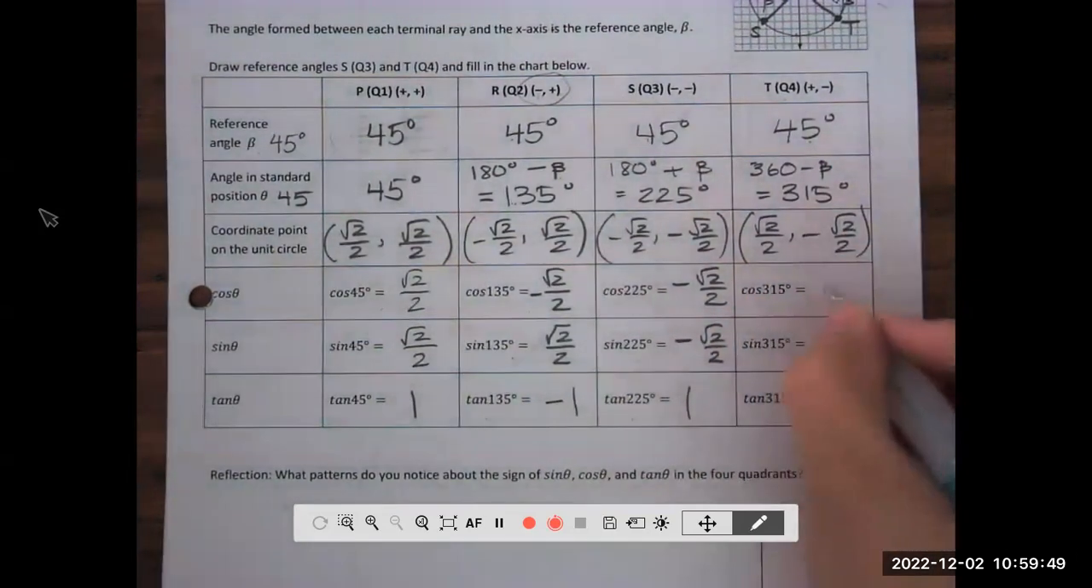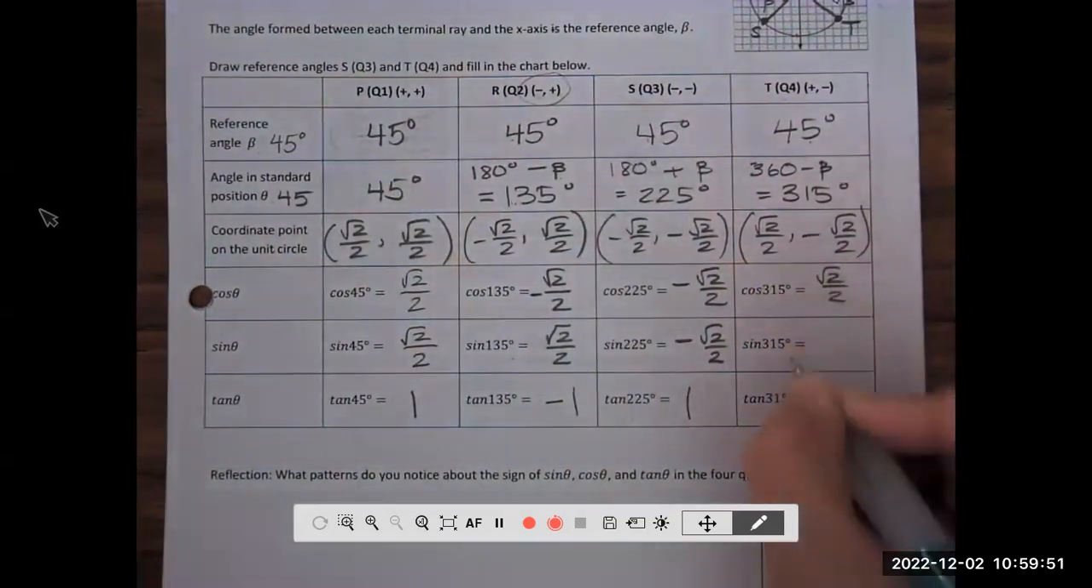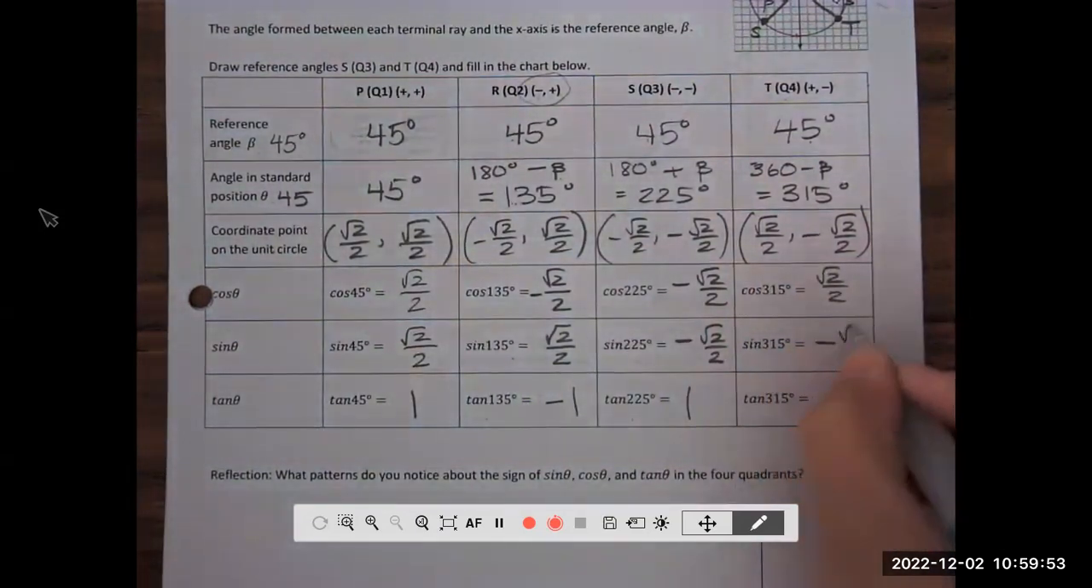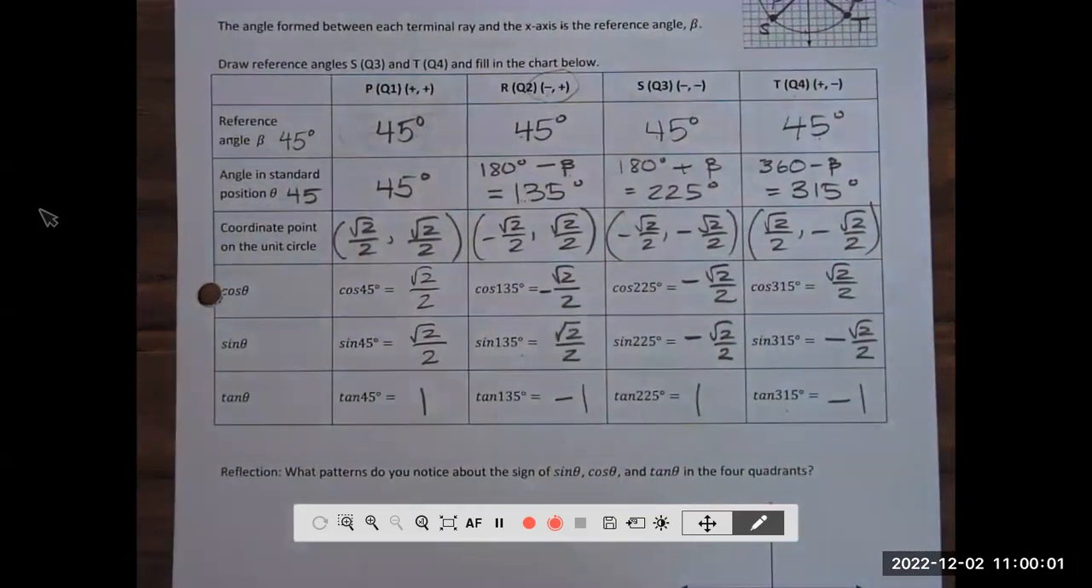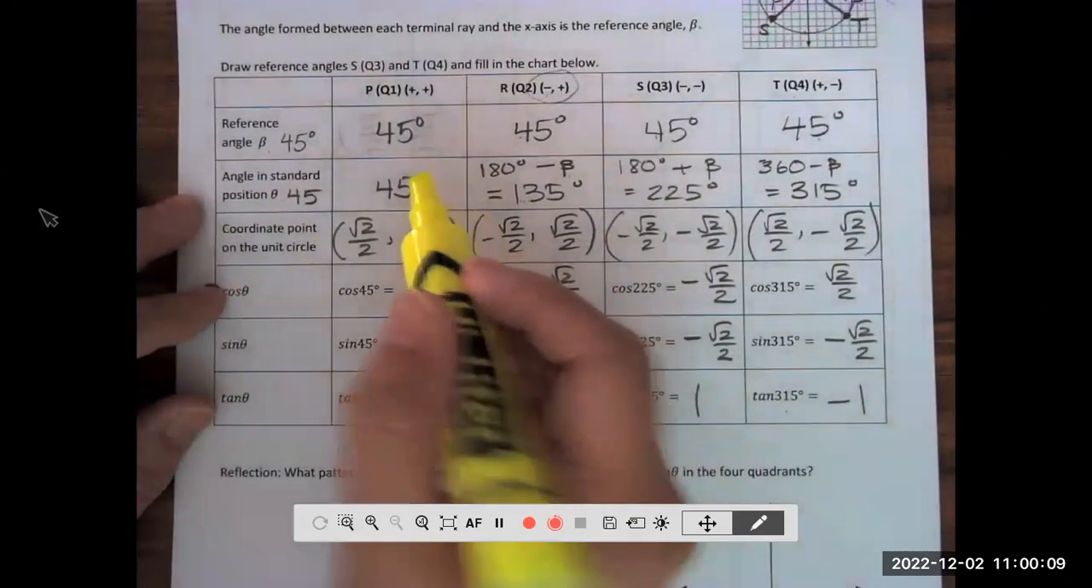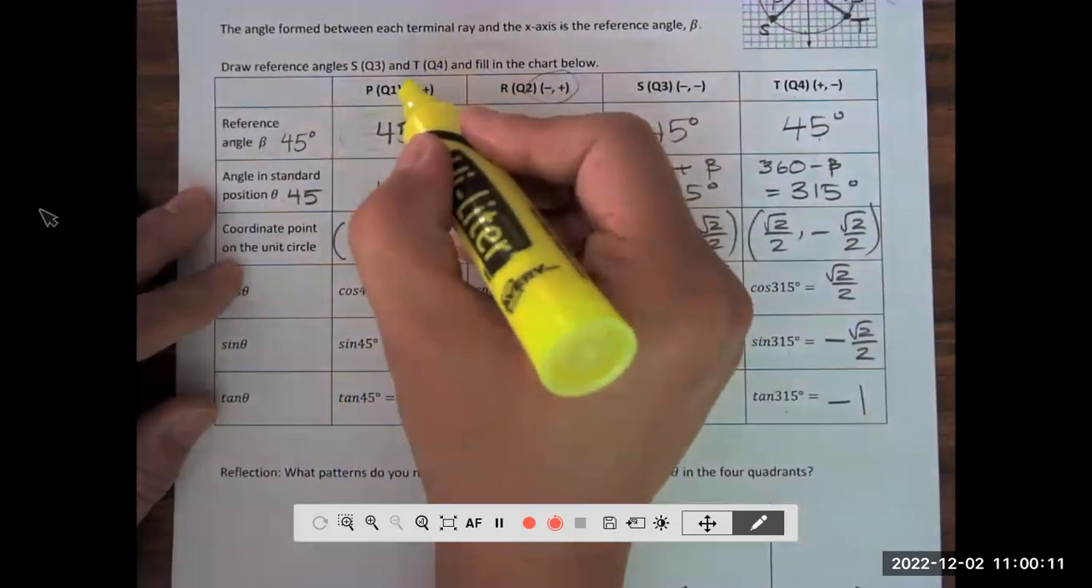Okay, so cos 135 is root 2 over 2, sine 135 is negative root 2 over 2, tan 135 is what? Negative 1. Okay, why did I make us do that? Because I want us to notice some patterns here. So the first pattern that I want you to see is something that we already know, which is quadrant number